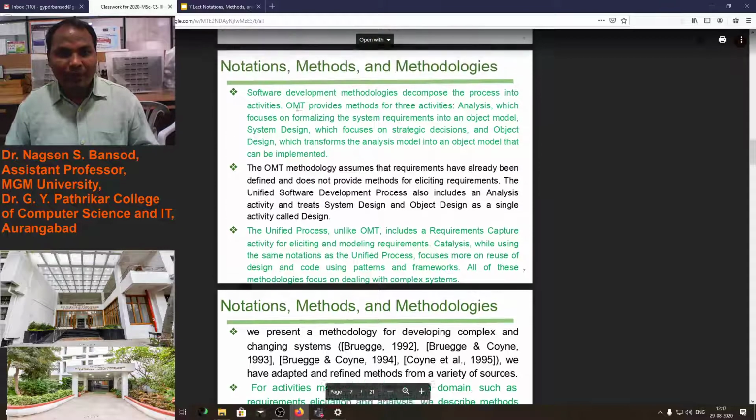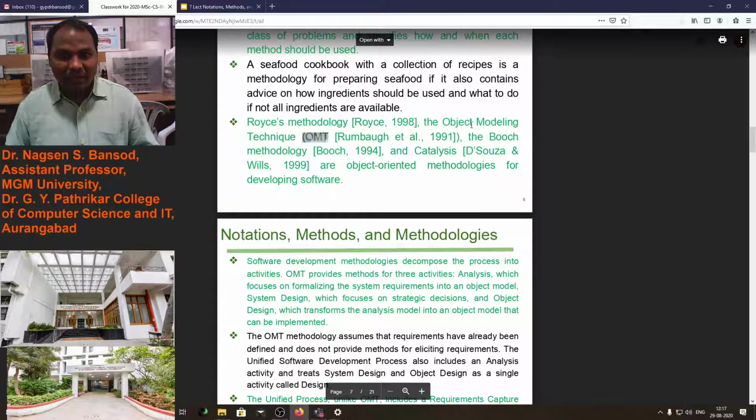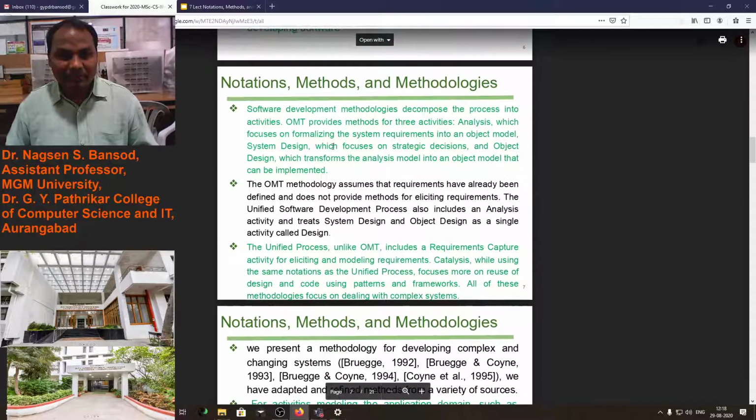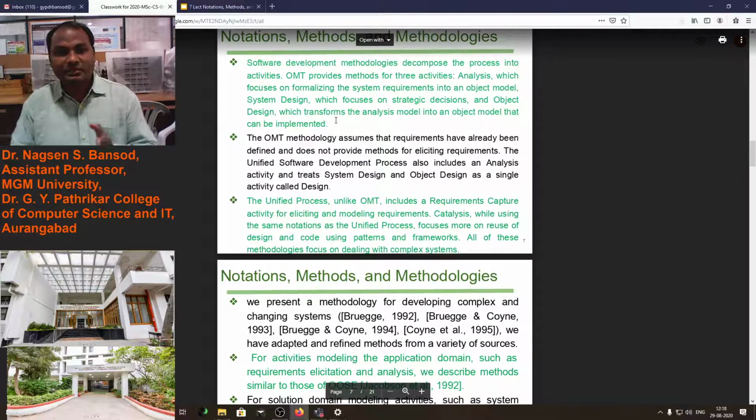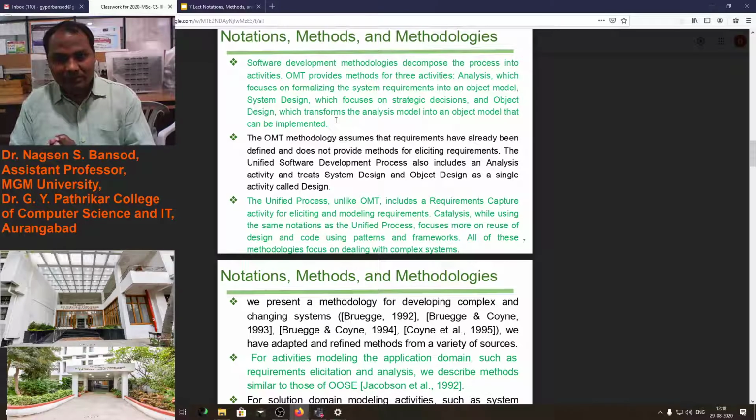According to OMT, the Object Modeling Technique, it provides methods for three activities: analysis, which focuses on formulating the system requirements into the object model; then system design, which focuses on the strategic design; and object design, which transforms the analysis model into the object model that can be implemented. These three methods we have to use and decompose, then we can say this is the methodology.